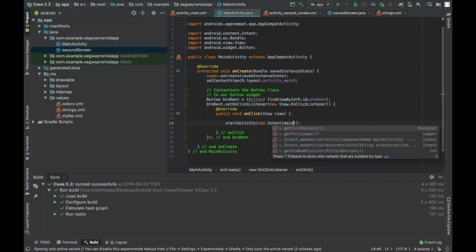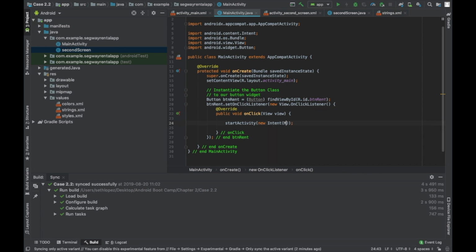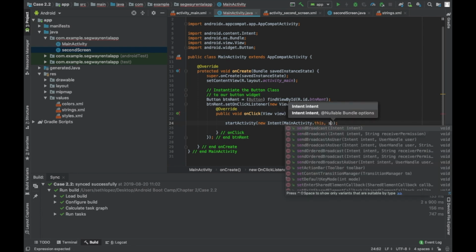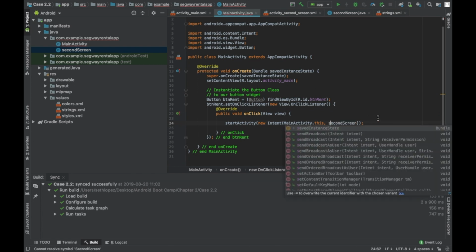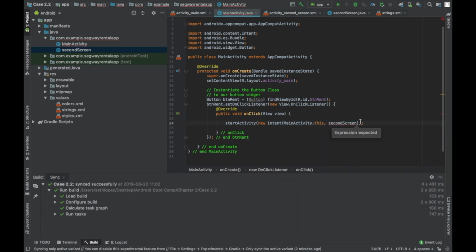Yeah, and then main activity dot this, comma, second screen. Hopefully I did all caps. I didn't. Oh well. You would want it to be second screen, second screen dot class. Okay. There you go. That's coded, and we could go ahead and check by saving the app and then running the